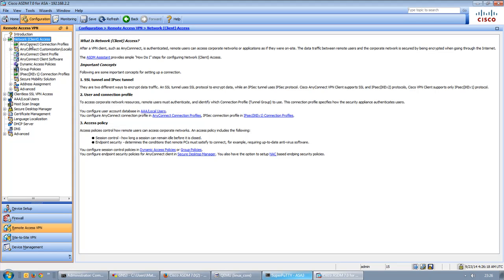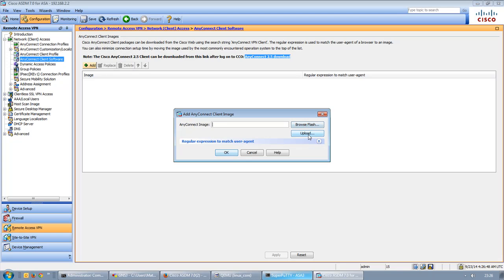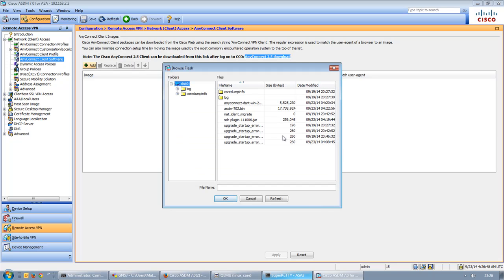In order to run the AnyConnect client, we need to have an image available that the clients can use to download and install in order to run the application, since this is a client-based VPN. So under the AnyConnect client software item, we will select Add, and you can either upload a file from your computer or you can choose to browse the flash. I copied it over earlier, so we'll browse the flash and we can see